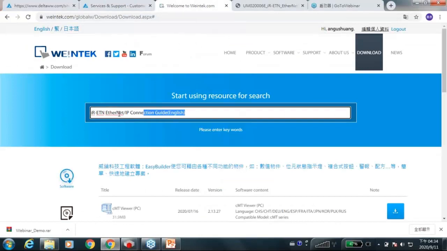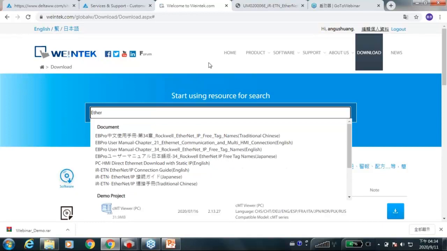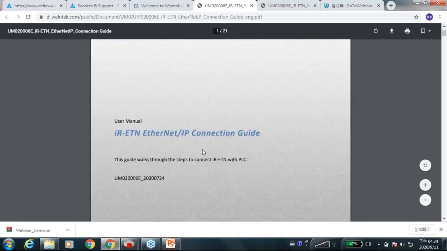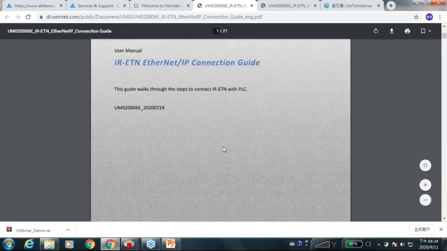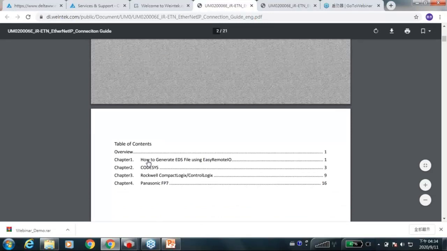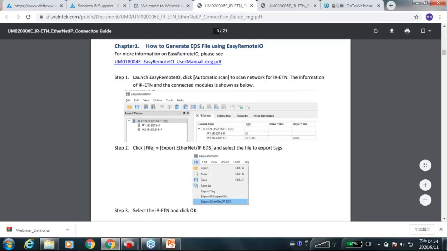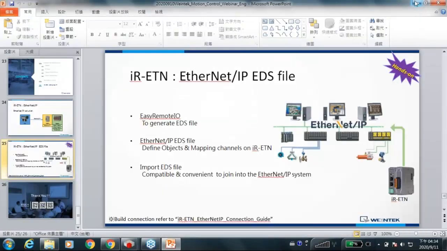So on the website, we find a document about the Ethernet IP connection guide. Then in this document, the first step teaches you how to generate an EDS file using Easy Remote I/O. So you just use Easy Remote I/O